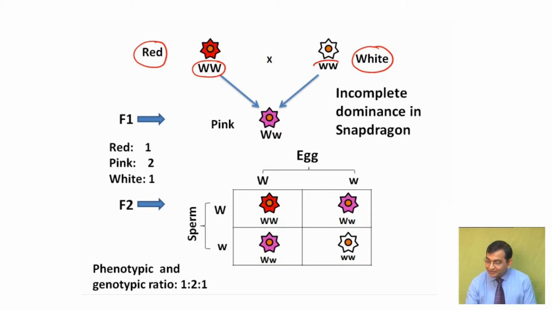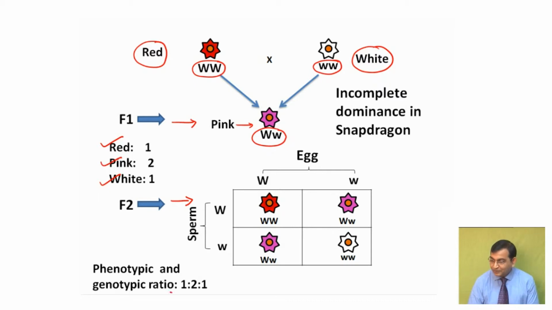In the F1 generation, we obtained a pink colored flower, capital W and small w. When they are self-fertilized, in the F2 generation we obtained one red, two pink and one white colored flower with a phenotypic and genotypic ratio of